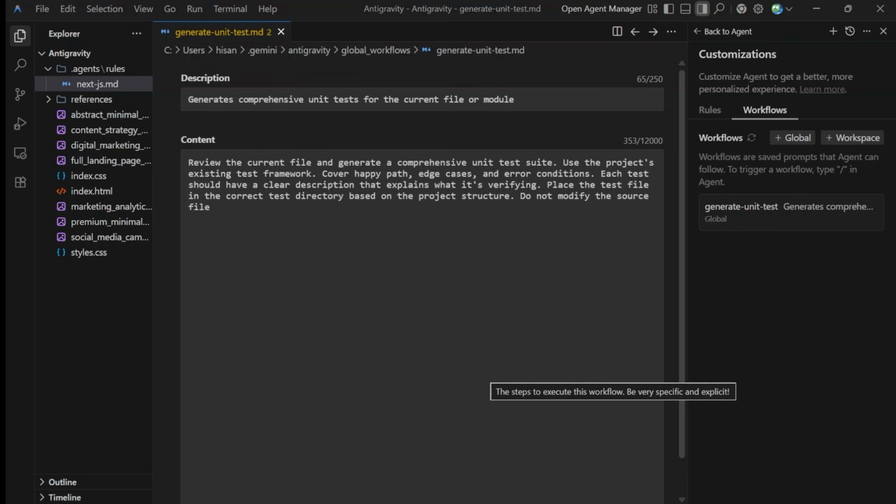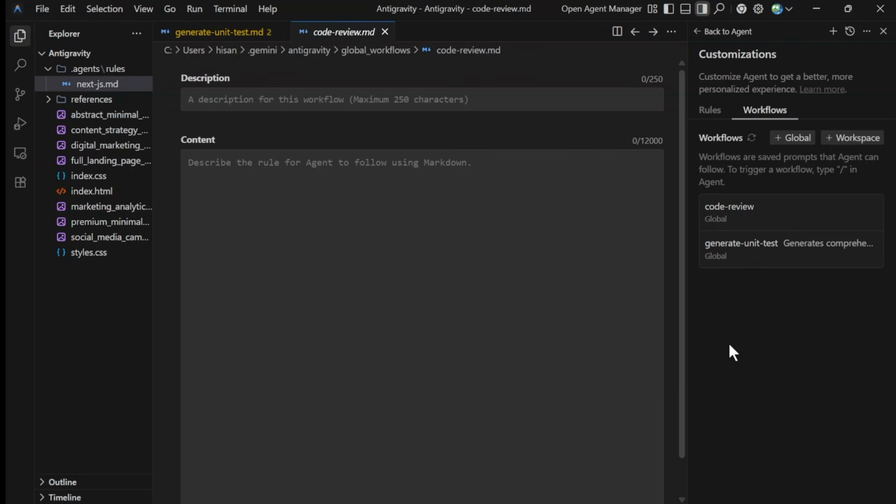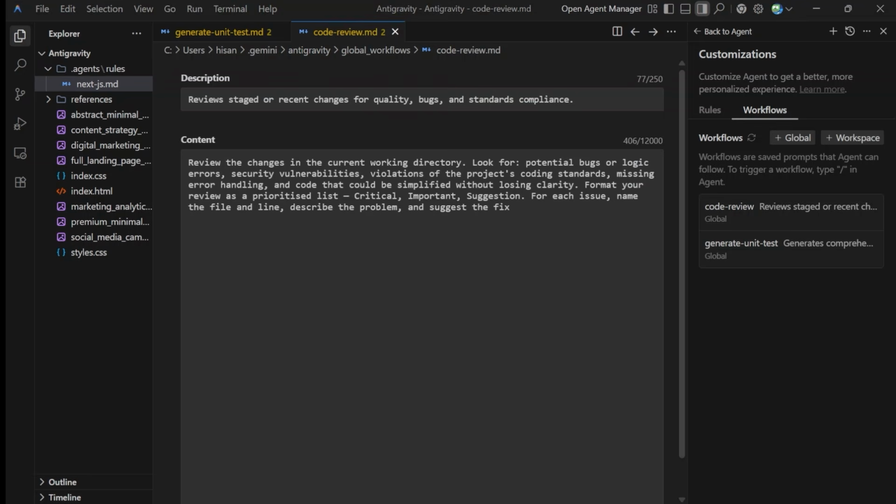Now, every time you have a product or a website ready to push, you can simply run this workflow here. It will create the test suites, and you can then use those to verify whether or not your application is working fine. Similarly, you can create simpler workflows as well, like this one is for code review, where the workflow